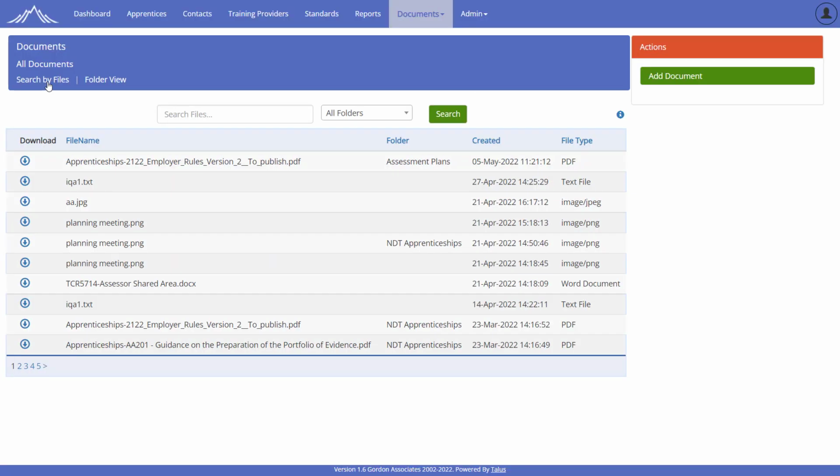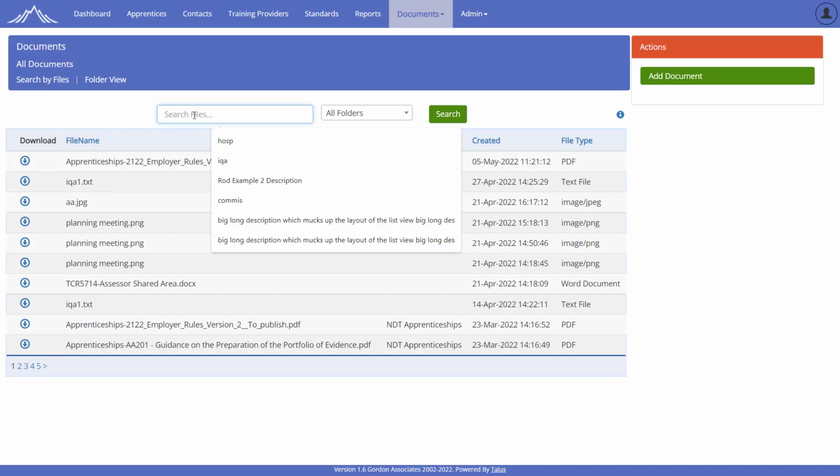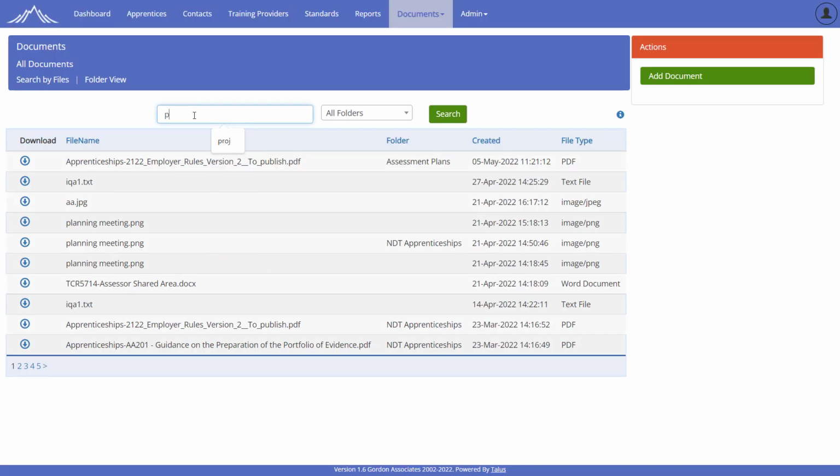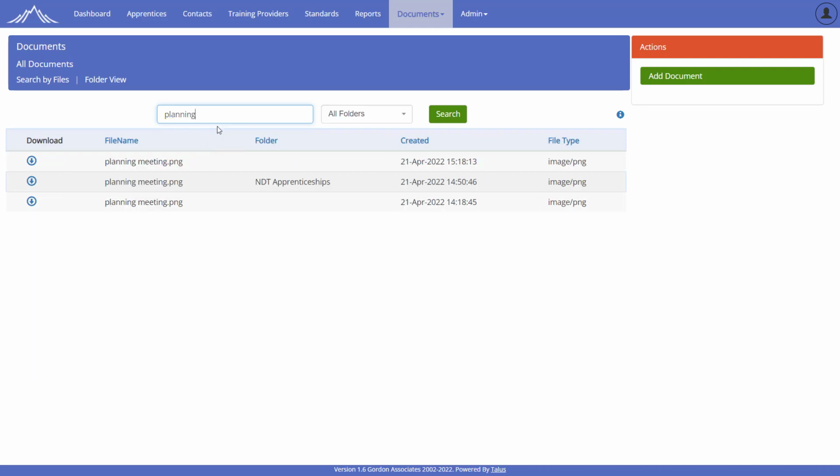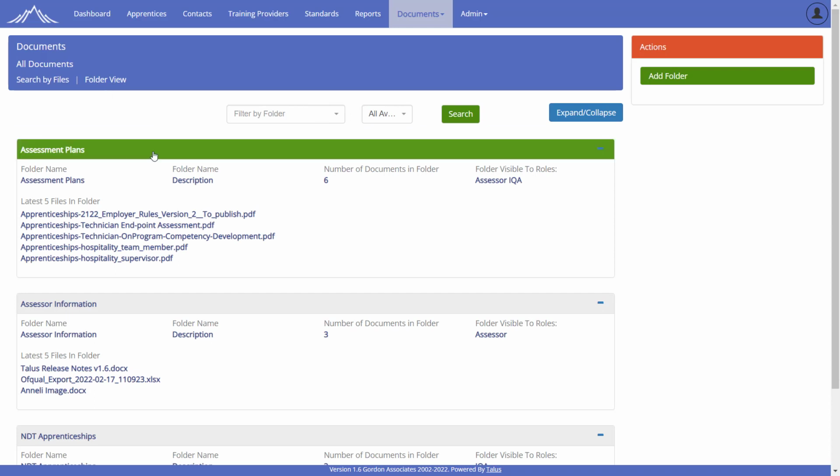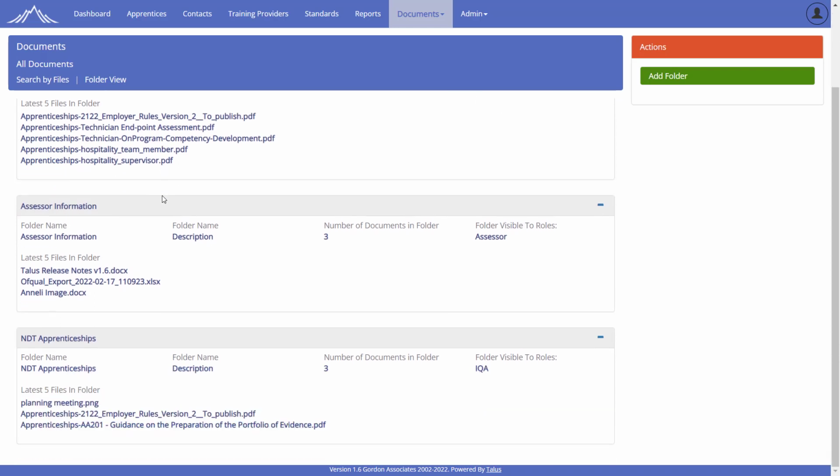Search by Files is fairly self-explanatory. Let's do a quick test. That would do a search on any documents called planning meeting. Because this is a demonstration system, we've got a number of duplicate files in here, but we're not going to worry about that. Over in the folder view, you can see that I've set up 3 folders